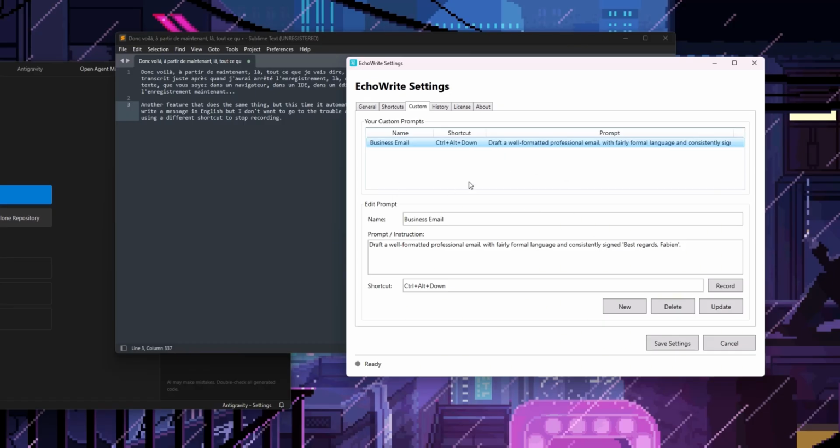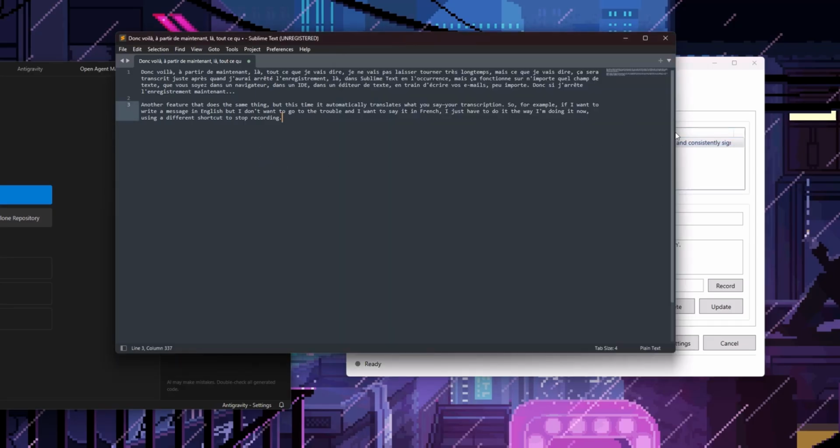So if we try this now, we can actually assign a different shortcut for each of the custom prompts we want to create. That way, we can trigger whatever we want at any given moment. So in this custom scenario here, if let's say in my example, I want to write an email to someone,